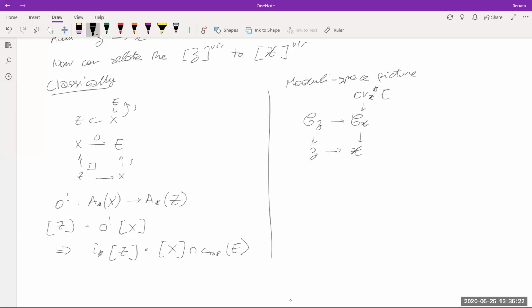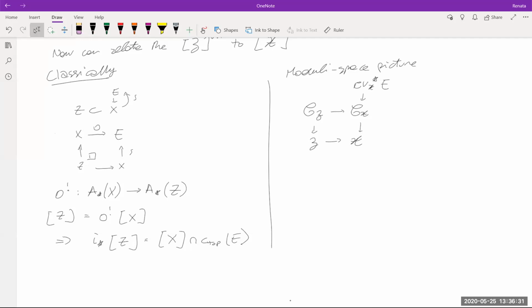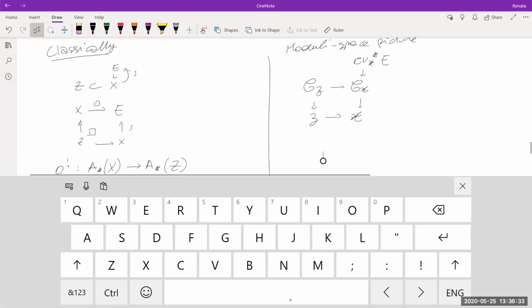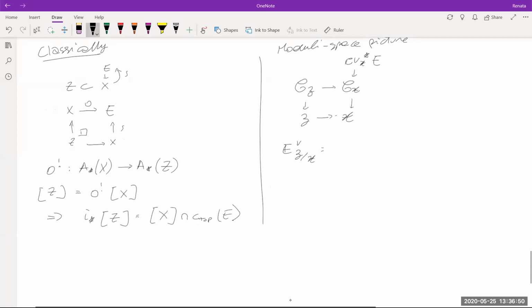some bundle over the universal curve on X. The problem is that this bundle is not a bundle over X, but it's a bundle over this universal curve. It turns out that the perfect obstruction theory of this morphism here, or the obstruction theory, is not perfect in general,